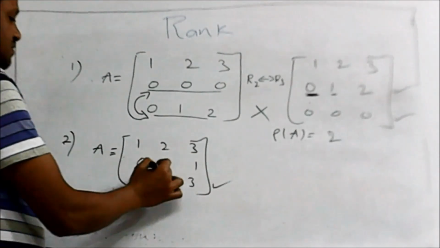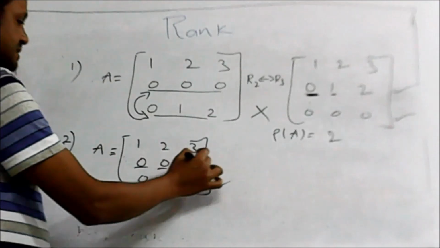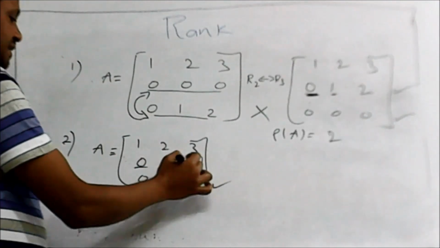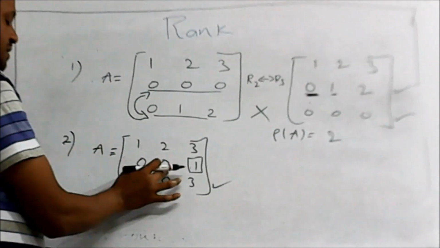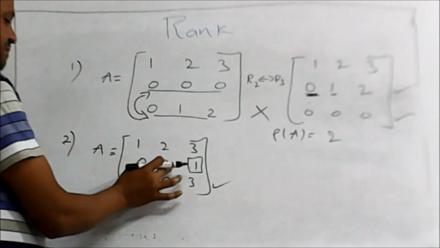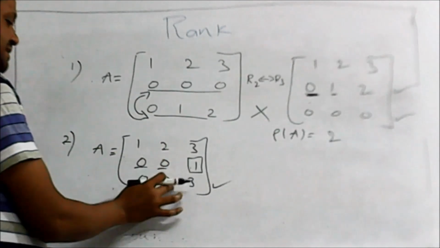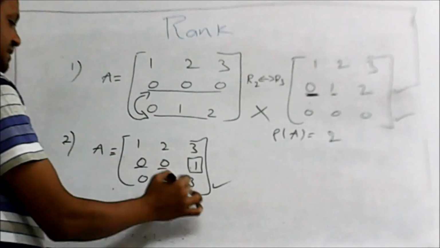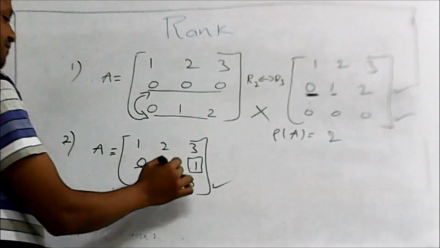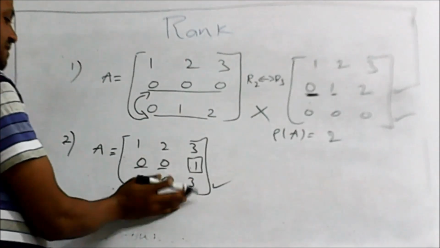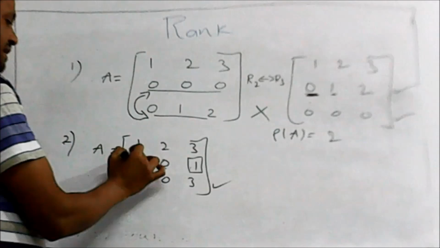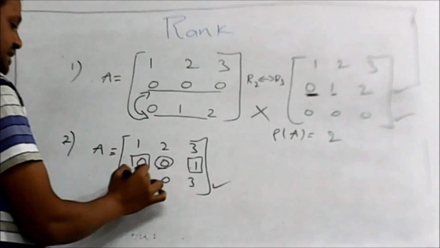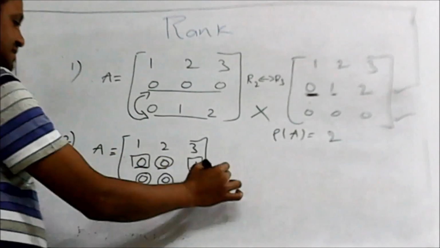The number of zeros before the non-zero element. Please understand this. This one represents the non-zero element. Before it, how many zeros are there? Two zeros are there, which should be less than the number of such zeros in the next row, meaning zeros must be increasing. Here it must be 3 zeros, not 2 zeros. So we need to rearrange the matrix such that zeros are in increasing order. Here 1 zero, then 2 zeros, and here also 2 zeros. So it fails the second property.